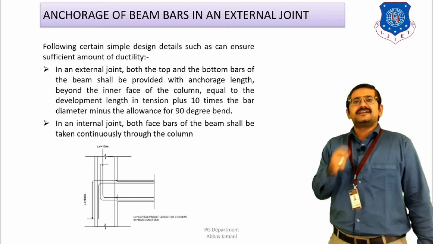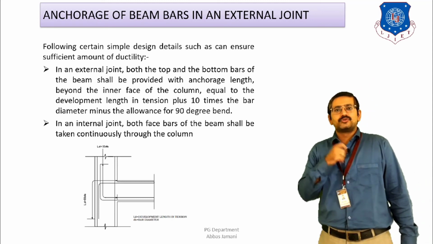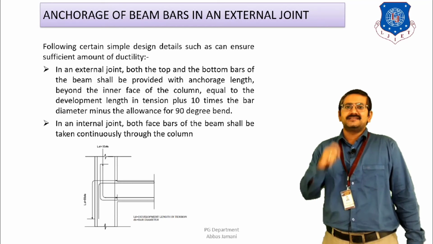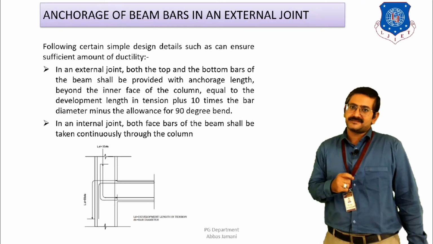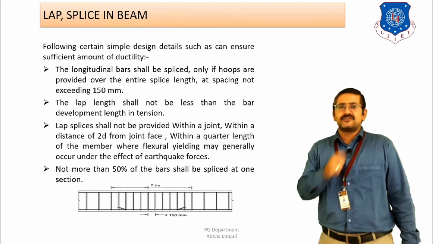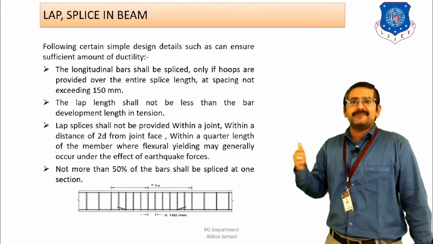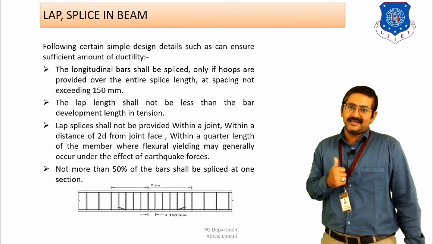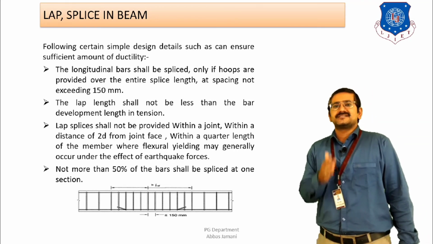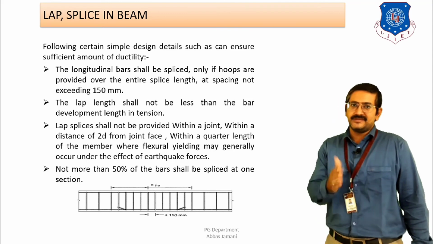And in case of internal joints, the bar should pass through and through the column joints, and at that particular junction the lapping of bar should not take place, right? So that is what we have discussed in the last slide, that lapping of bars is also important. Regarding lapping, the code is giving you guidelines that there are certain locations where lapping is preferred, and there are certain locations where the lapping or the splicing should be avoided.